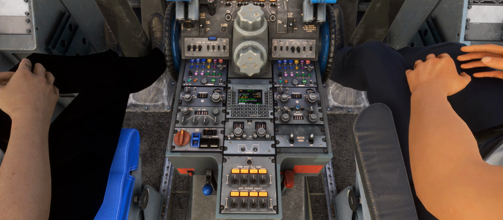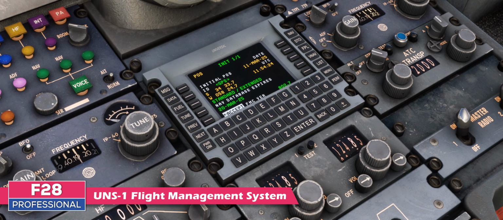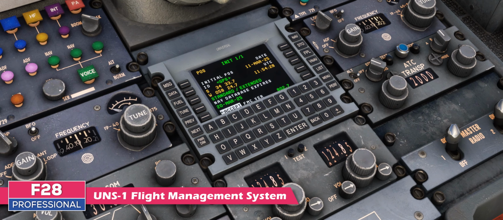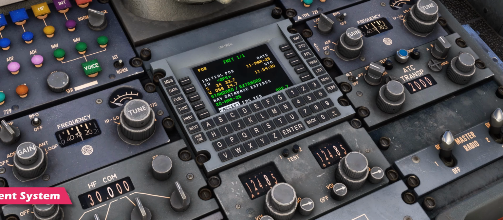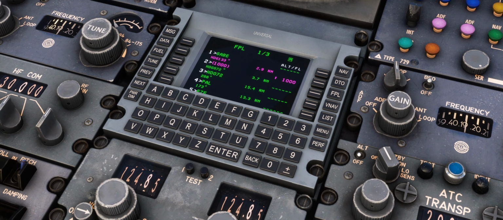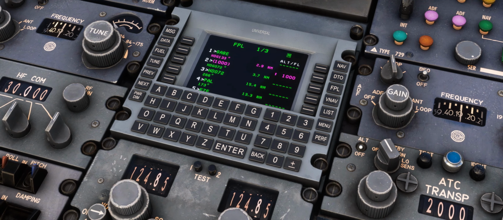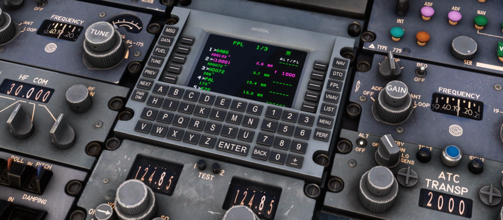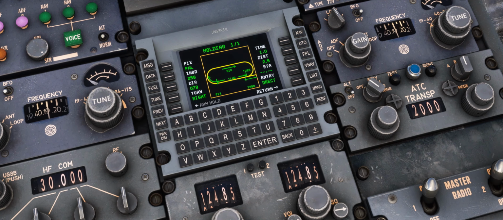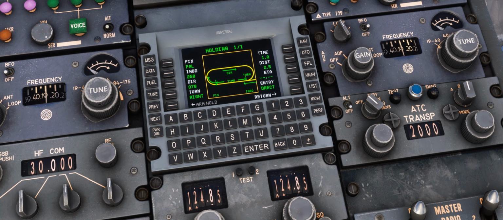Located centrally on the aft console within arm's reach of both pilots, our custom coded UNS-1 features the unique interface of the real world unit, plus an advanced feature set including manoeuvre support for holding patterns, direct twos and command heading functions, top of descent calculations based on target vertical speed, navigation monitoring, real-time performance information, support for SIDs and STARs, a custom nav database that's updatable via a Navigraph subscription, and the ability to import and